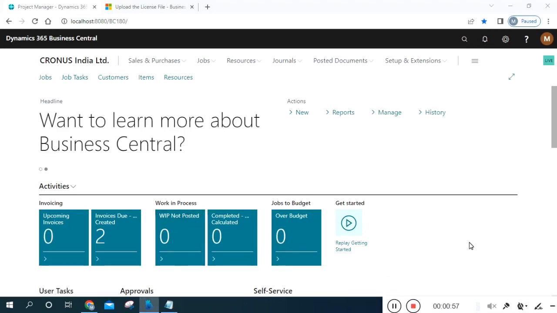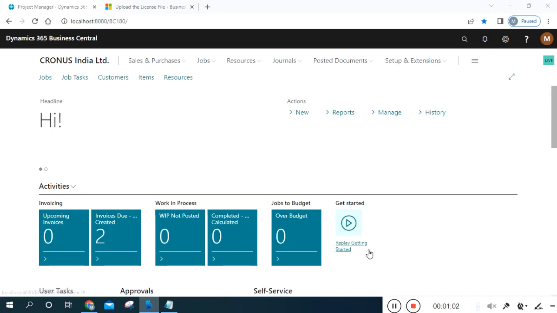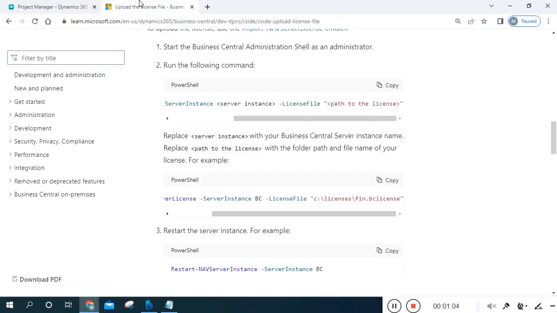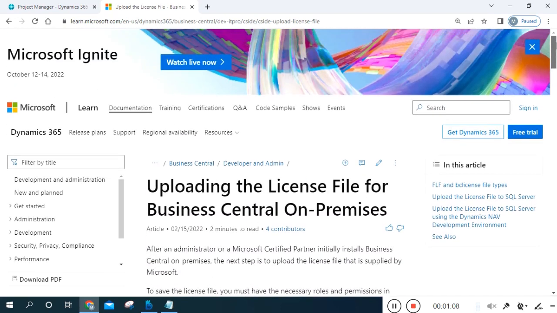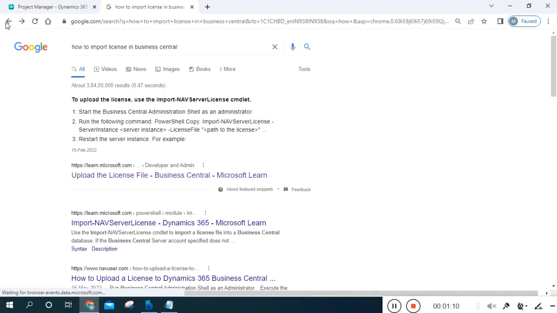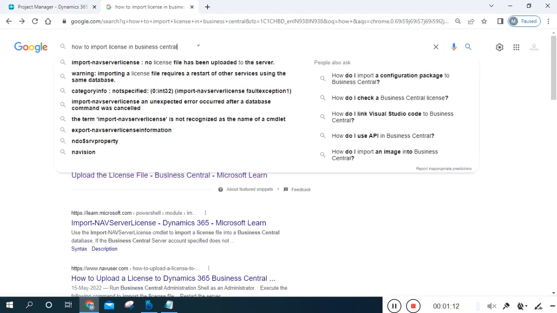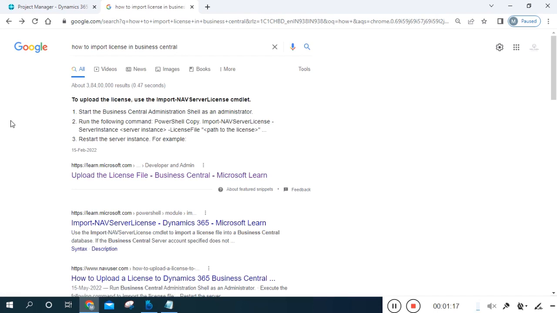I am Freelancer Mari. Now we are going to continue importing with the new license. You can also search with the search engine. If you type "how to", I can show you the sentence. You can search "how to import license in Business Central". If you search this sentence and